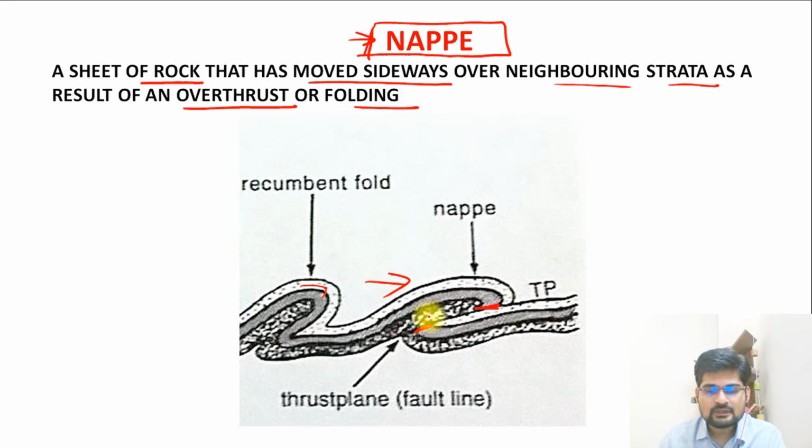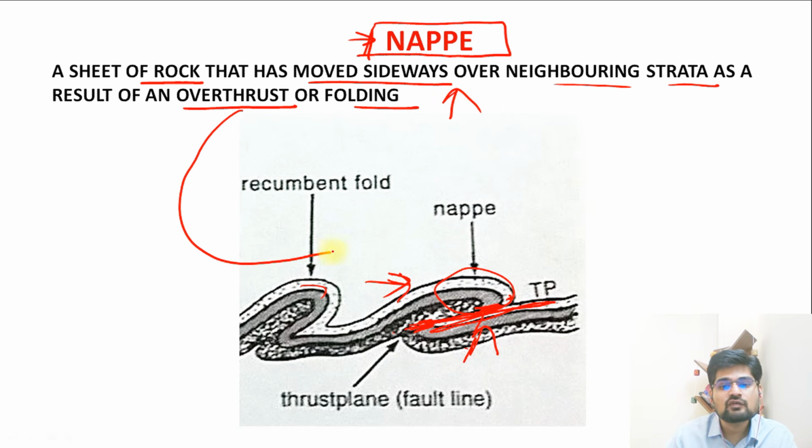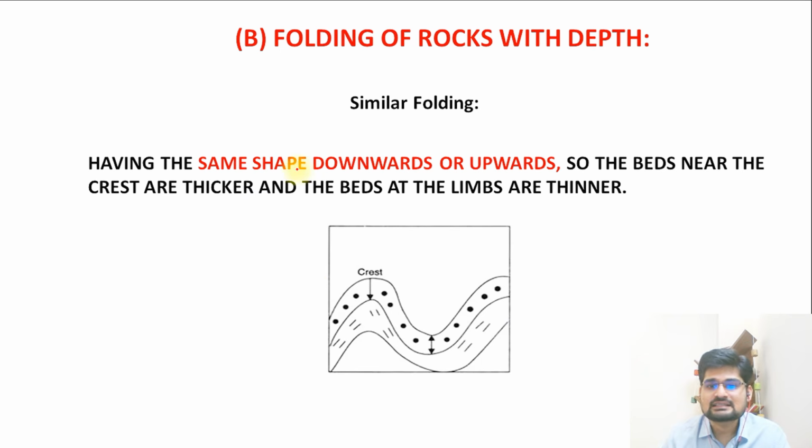But what has happened? Because of this force or thrust, this portion has broken away and it has gone here. But it has not detached itself. It is part of the same fold. That's why it is not a fault. Now remember, it's just a thin line difference between this nappe and the fault that we study in the next lecture. It is along this line, which is called fault line or thrust plane, but remember it is part of the fold system only. So it is many times called overthrust fold. That's why it's nappe.